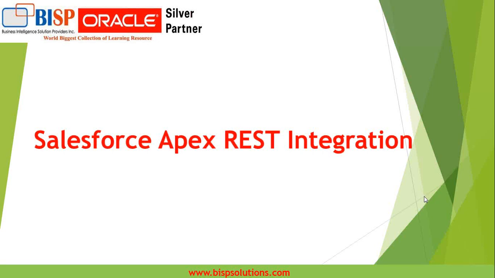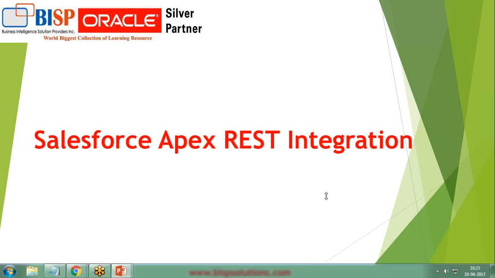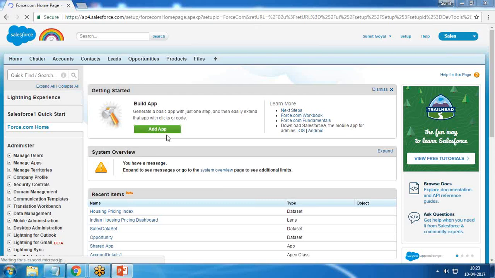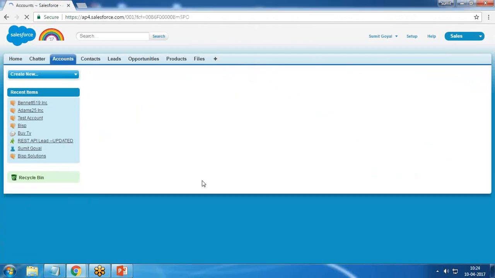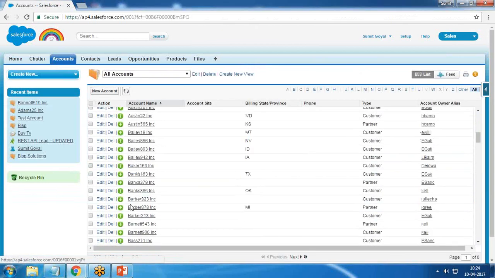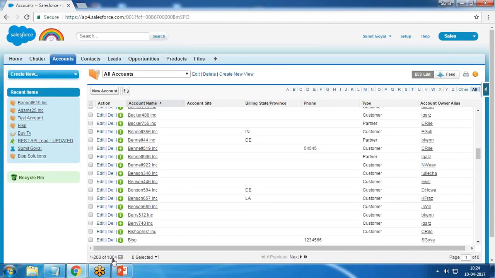First of all, we need to switch to Salesforce. So let me switch to Salesforce first. That's my Salesforce account. I'm using my Salesforce developer account, and here you can see we have one account object, and in this account object there are more than 1000 records. Let me display all the records. First of all, how many records are there? There are around 1004 records, and by using some third-party application, by using REST API services,